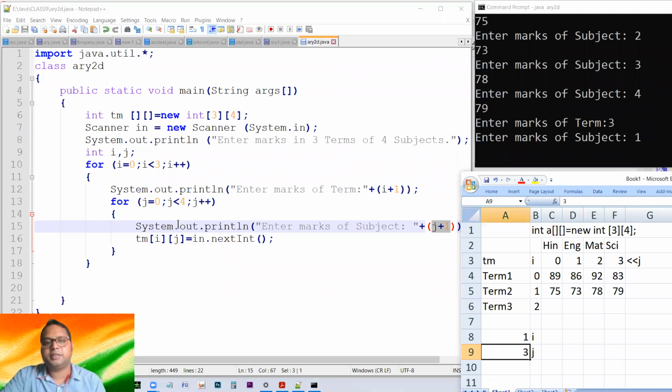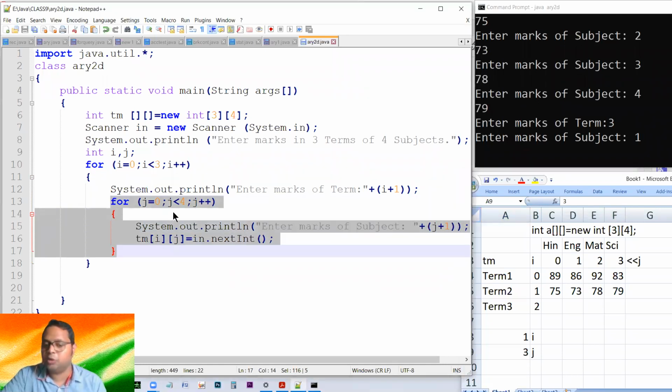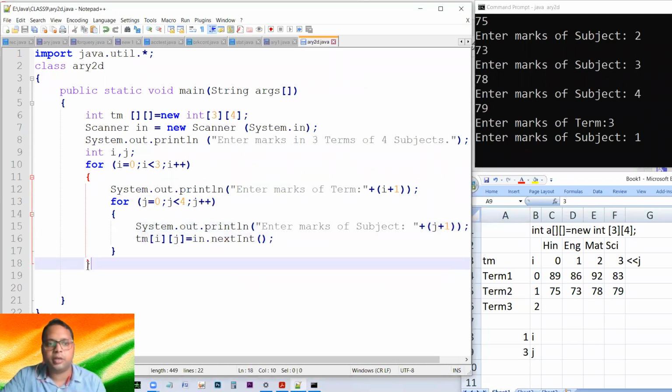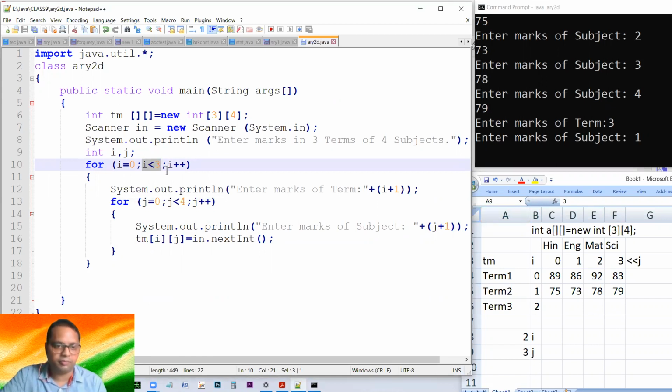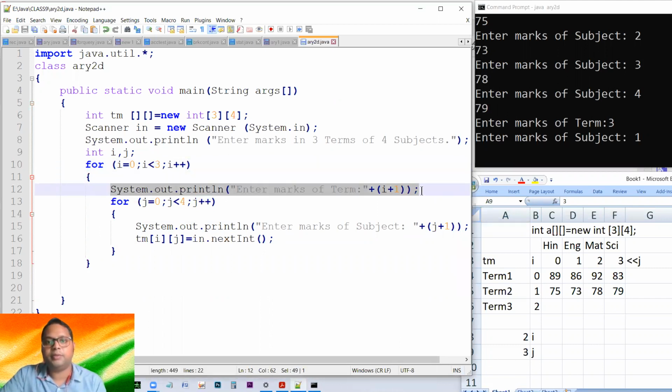And after this, the J loop again ends, and it encounters this curly brace, and it goes back to the I condition. And this time I has become 2. And this is the last round it has to work, because it has to work till I is less than 3, and yes, 2 is less than 3, after which I will become 3, which will not be less than 3, so it will exit the loop. So again, this will happen since the value of I is 2, so term 3 it will tell, and the J